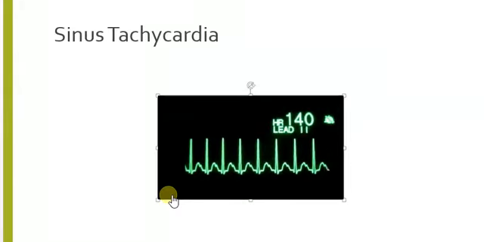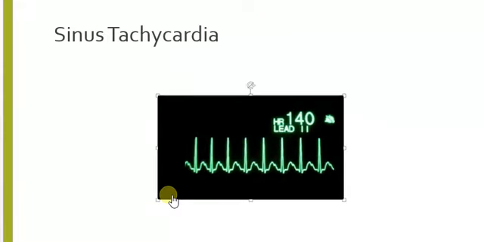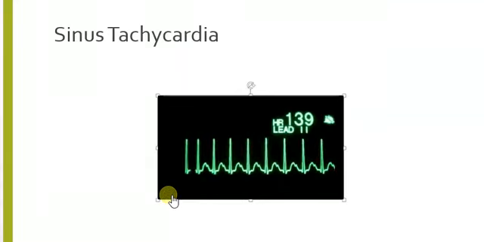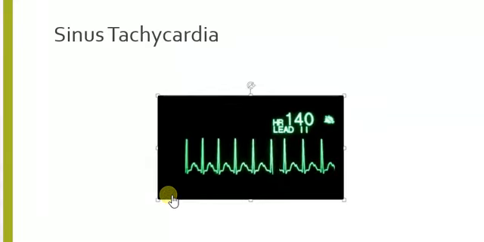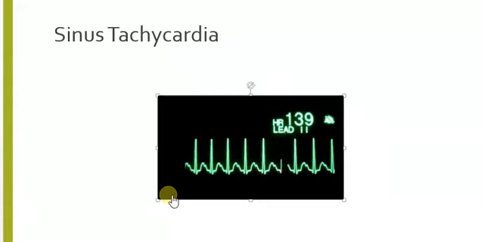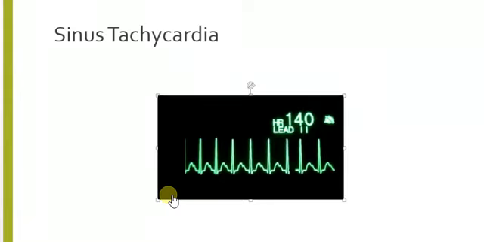But if they're complaining of chest pain, or palpitations, a little bit of chest pressure, that's probably from the increased cardiac demand. And so you want to get a 12 lead and make sure that they are not having an MI. So treat the underlying cause, teach the patient to avoid substances that increase the cardiac rate, like caffeine, alcohol,